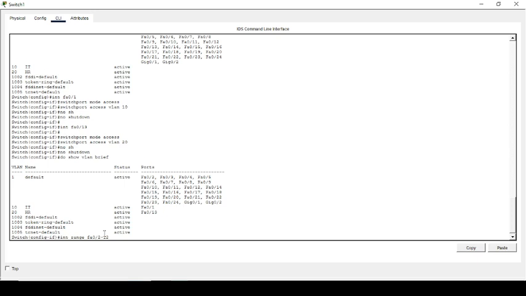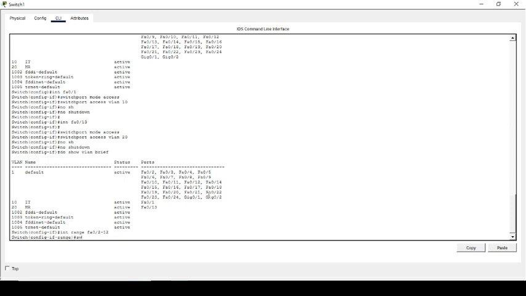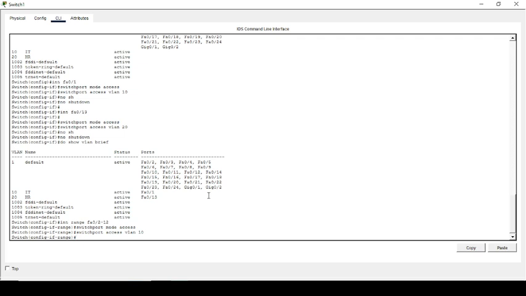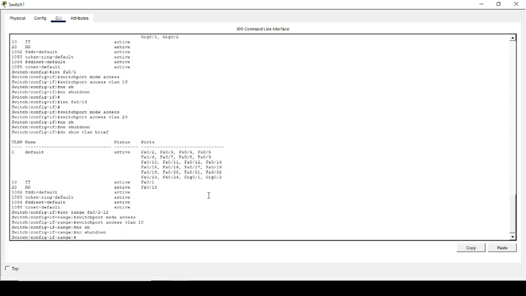Switchport mode access. Switchport access VLAN 10. No shutdown.